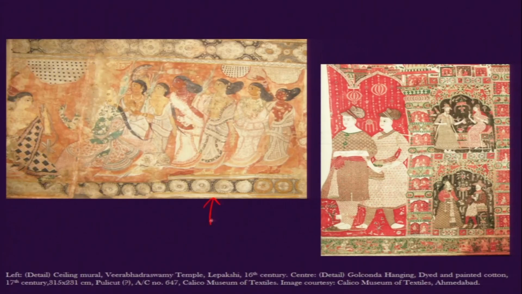At the same time, we see how the lines are used for depicting a varied range of patterns in these Lepakshi murals. For example, there are lotus motifs in the border, and stylized flower motifs in the border, and there are also minute details on the saris or other forms of wearables that we see, or on the dhoti and sash and everything else.